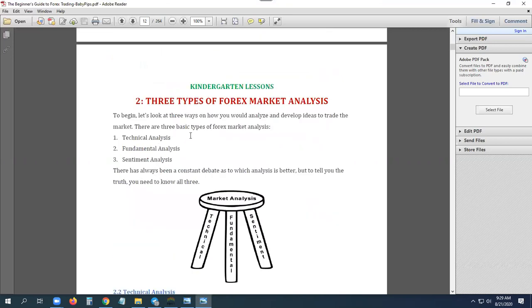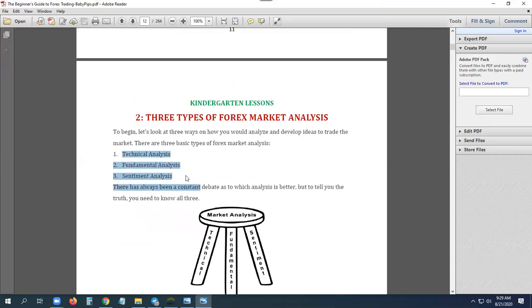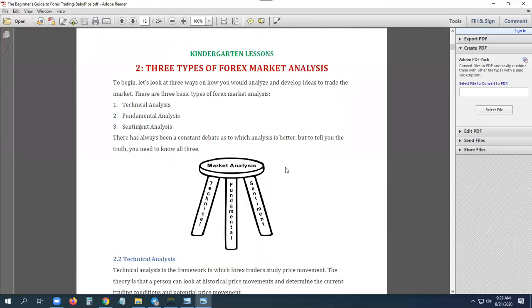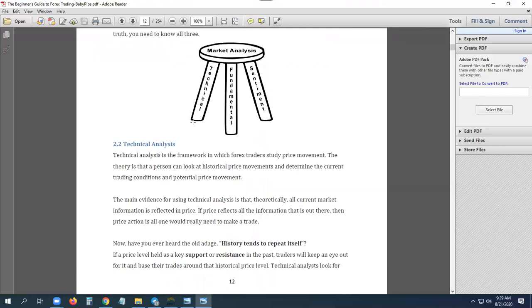Then we look at technical analysis and fundamental analysis, what they are, the 3 pillars of market analysis. What we are doing is technical analysis, the most important. There are those who trade on news only. They are called fundamental traders. We are technical traders. There are those who trade sentiments, people who trade opinions. When they hear the euro is not performing very well, it might be a weak currency, they trade based on how people think.